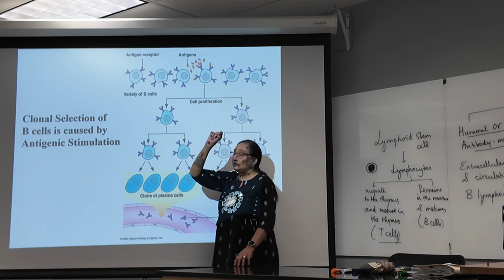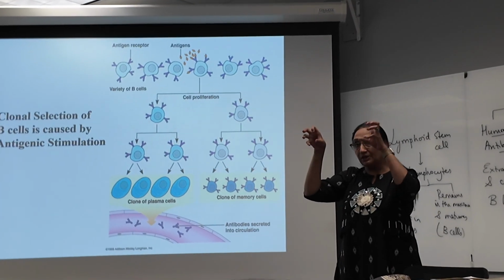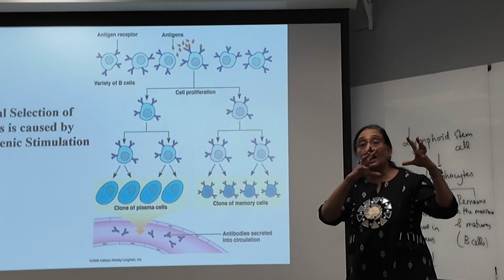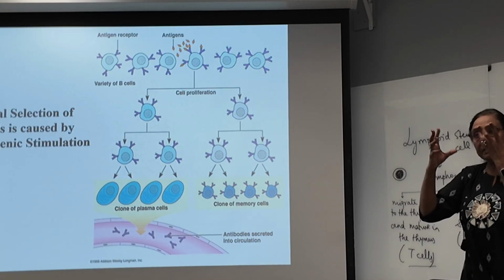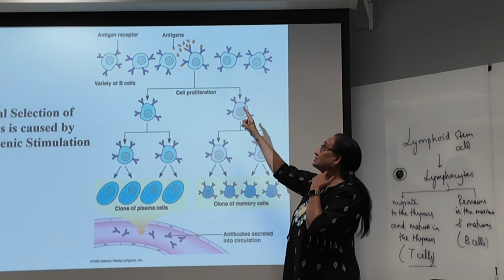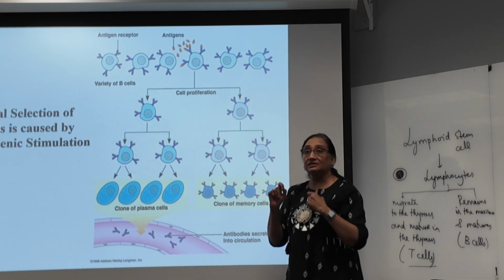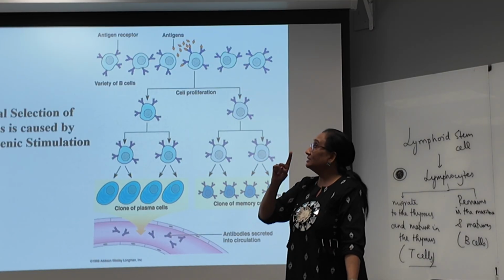The one in yellow over there is the antigen. That is our pathogen, which is coming with the cell wall proteins or whatever. So you have this whole population of B cells in your lymph nodes or in your tonsils, scattered all over. So when the antigen enters the skin and the tissues,